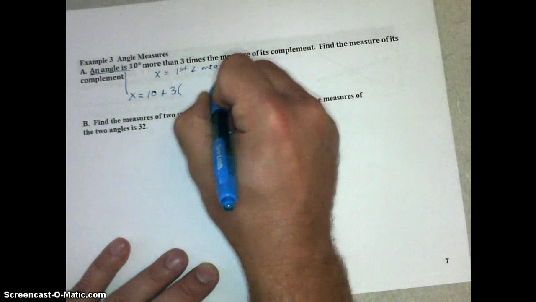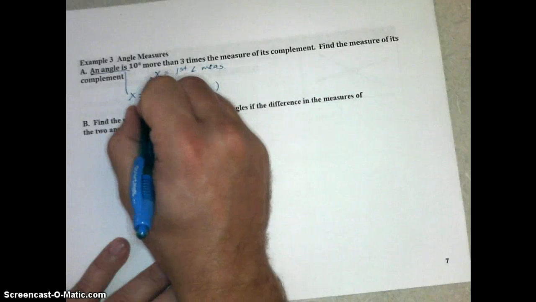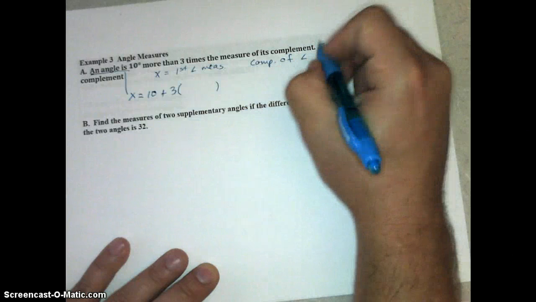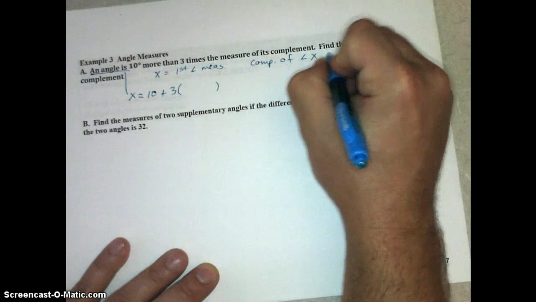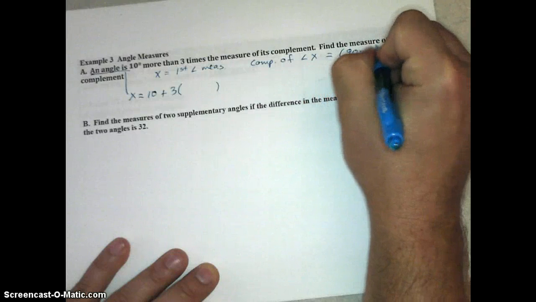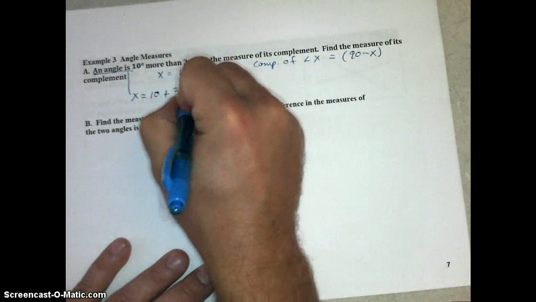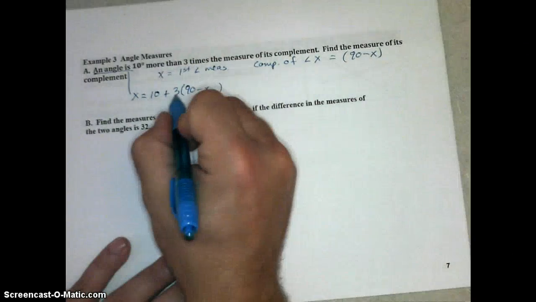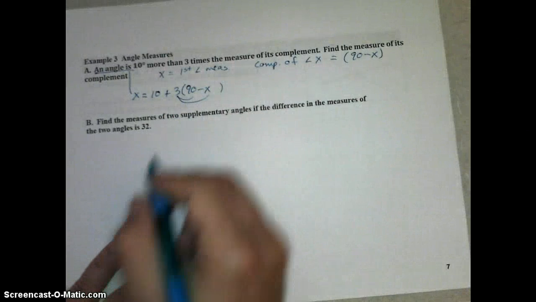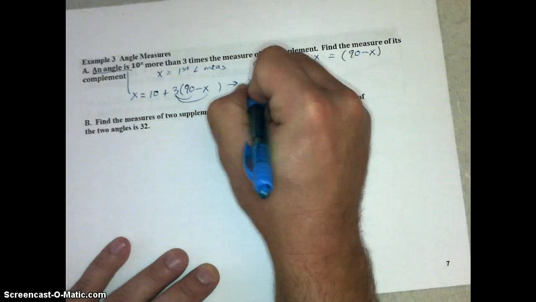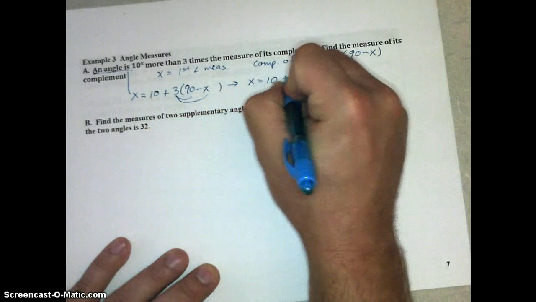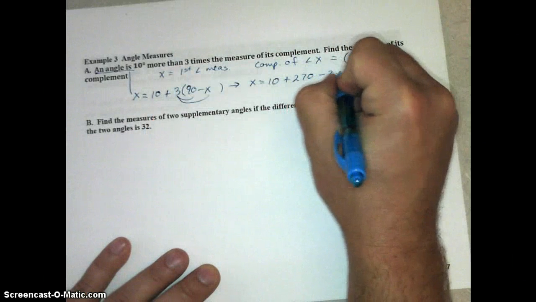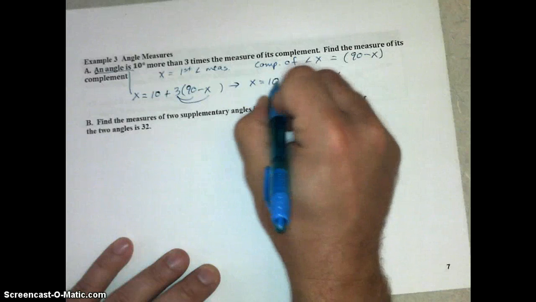So I'm going to do 3 parentheses, and I'm going to write an expression for the complement of x. Complement of our angle, x, would be 90 minus x. And so I'm going to fill in 90 minus x in that parentheses. Now we're going to solve this equation for x. The first thing we should do is distribute. So I have x equals 10 plus 3 times 90 is 270. 3 times negative x is minus 3x. I can combine like terms here,